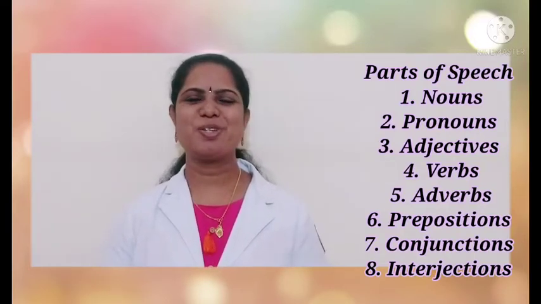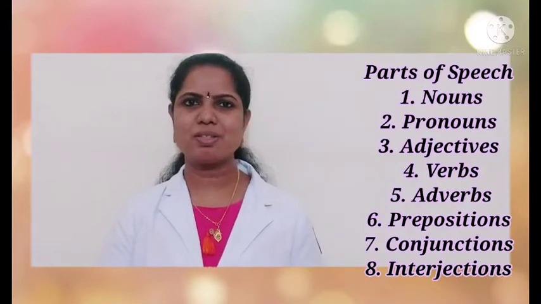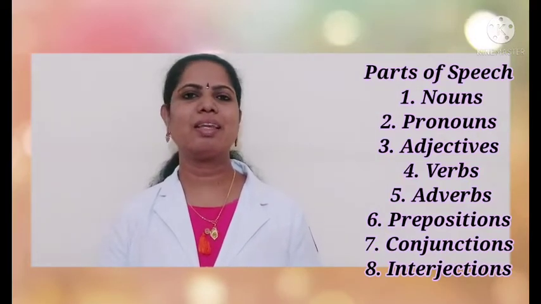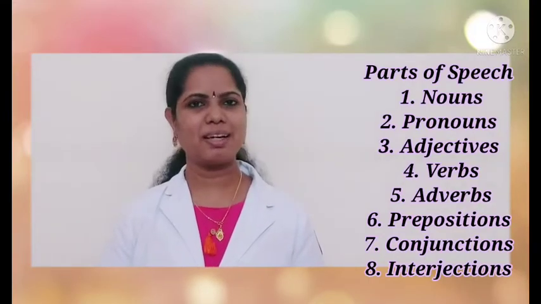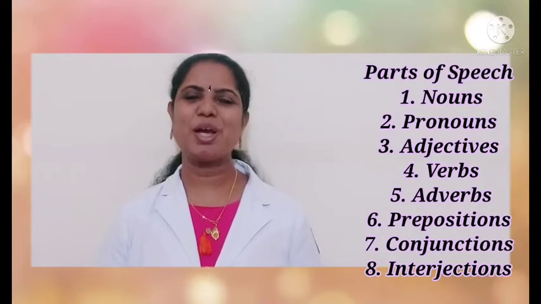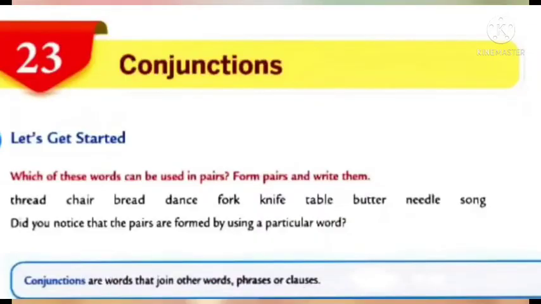It has a duty. So for example, nouns are called naming words, right? They name people, places, animals, things, ideas or feelings. Similarly, conjunctions are used to join other words, phrases or clauses. Phrases means just a group of words which does not convey a meaningful unit. Whereas a clause has a subject and a verb, but it doesn't mean that it would be a complete